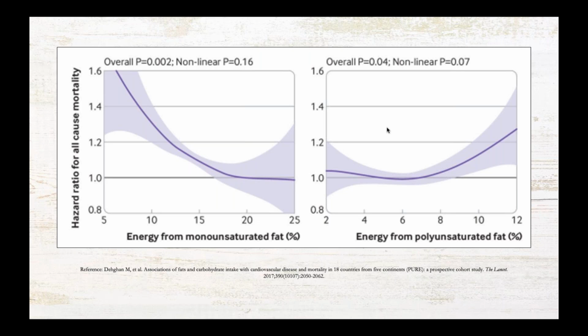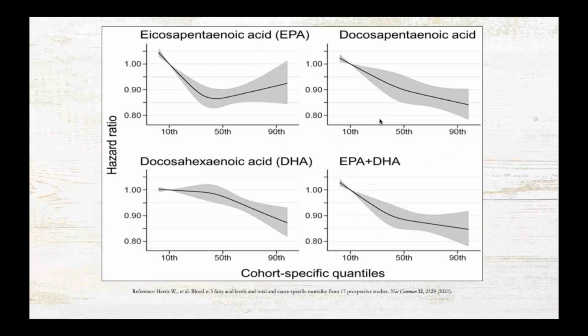So, you get a slightly under 1, slightly protective effect from having polyunsaturated fat around 5 or 6%. That starts to turn up again. So that speaks to what we were just talking about, at least in theory. That's not the object of this study. These are associations, but we'll go a little bit further here,